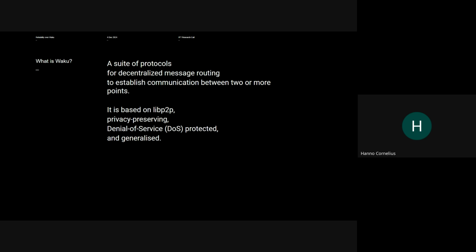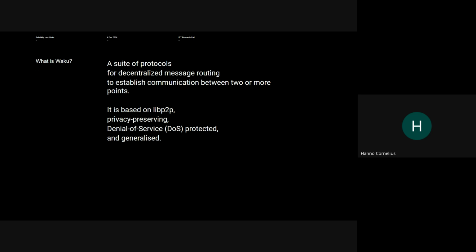It's not just one protocol, but a set of them aimed at establishing some kind of decentralized message routing infrastructure, which will allow communication between two or more points. In other words, if you want to send a signal from point A to point B, or from point A to multiple points, you can use Waku and the Waku protocols for that communication without relying on any centralized services.